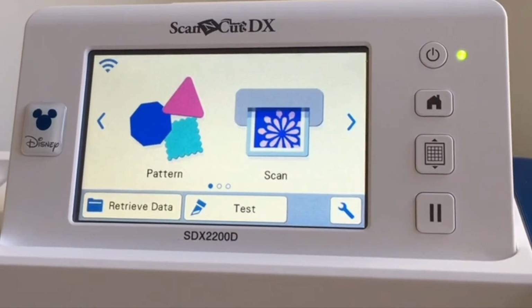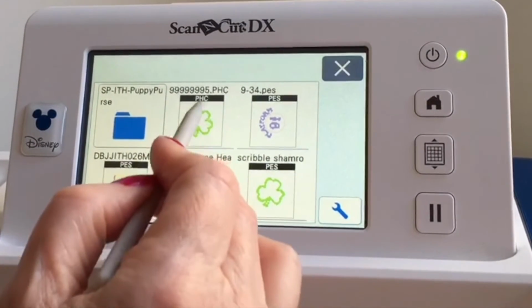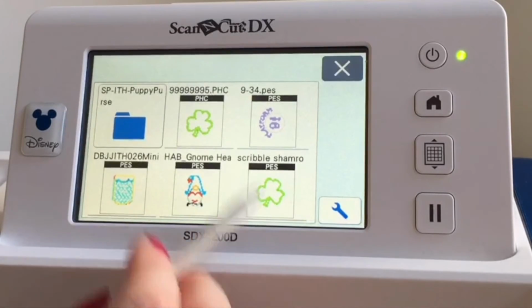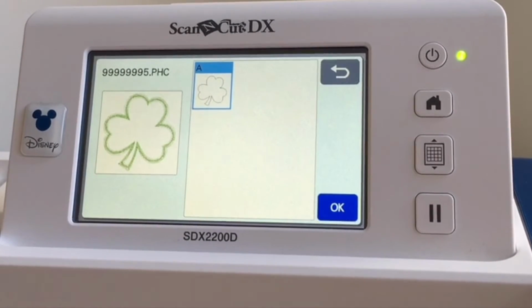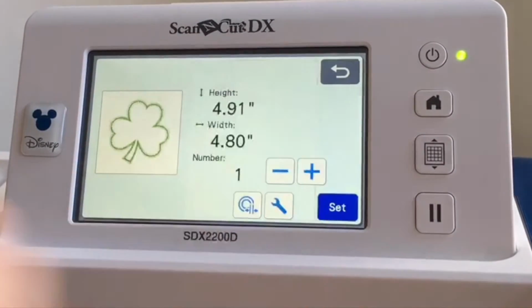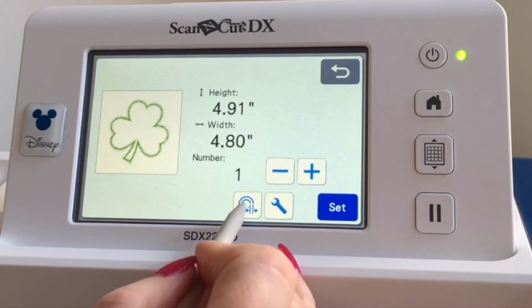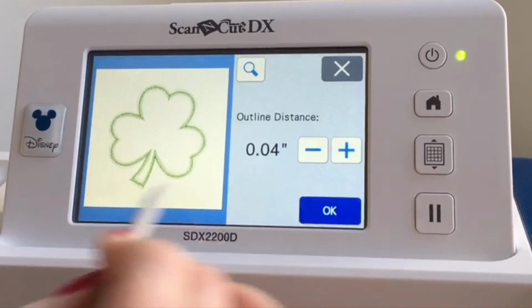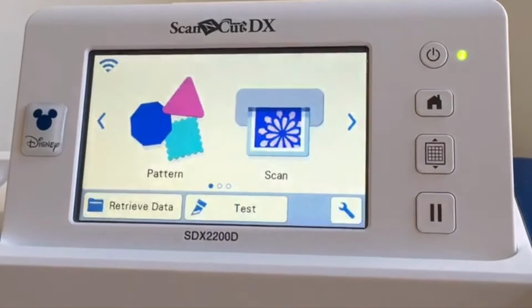So I'll just go over that again. So basically I've got the PHC file on the USB stick. I'm going to go to retrieve data from the stick, choose the PHC file, not the PES stitching file, choose the shield. That's already got my cut line in because the sewing machine has made that for me. Say OK, and then you can add your 1 milli or 2 milli offset here. Select offset, choose which offset you want, say OK, say set, and then you can save that into your machine and cut it. So now I'm just going to hit the home button and say OK to delete all patterns,